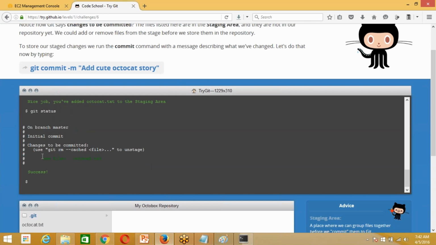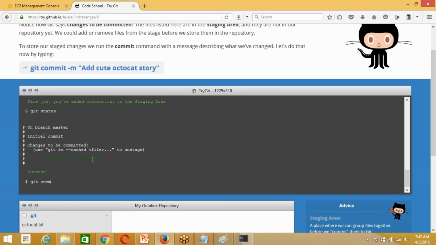Git states we have a file named octocat, and now we can commit the file. When you say commit, it goes directly to the server and is stored.